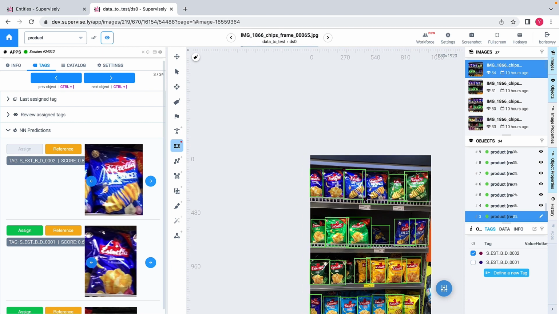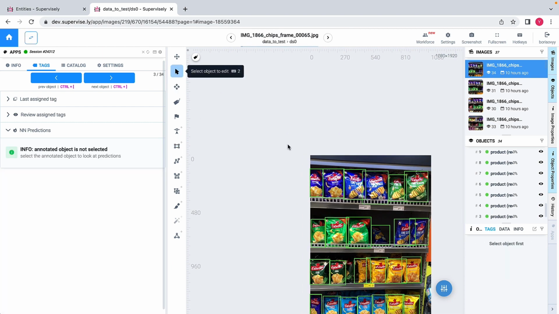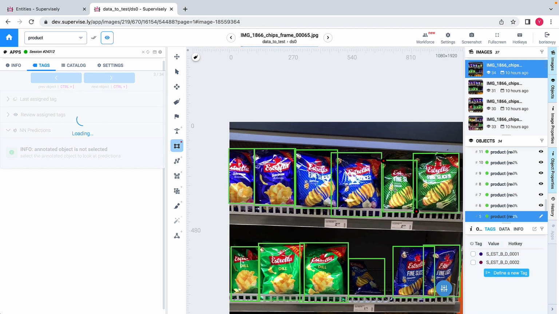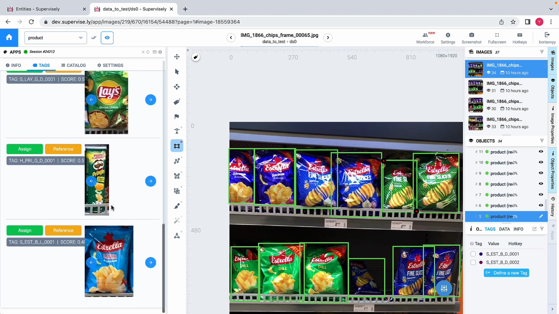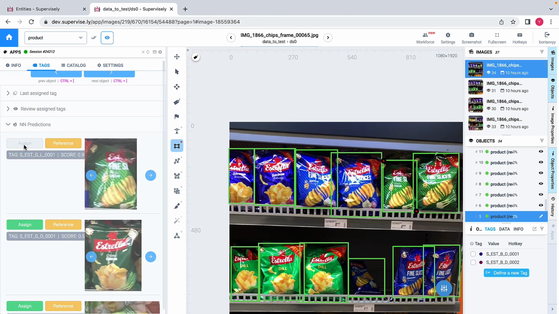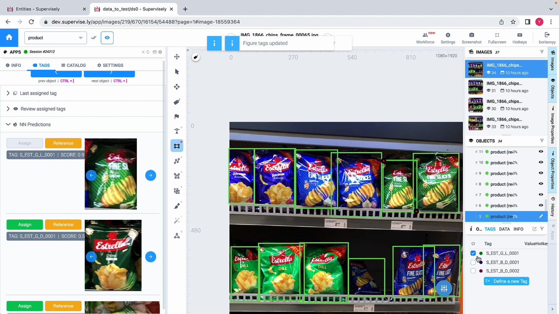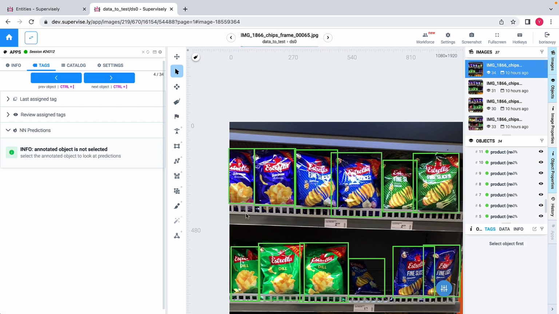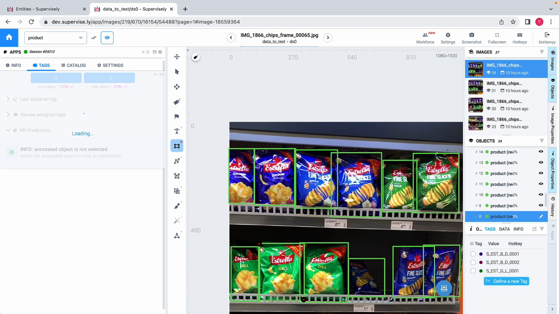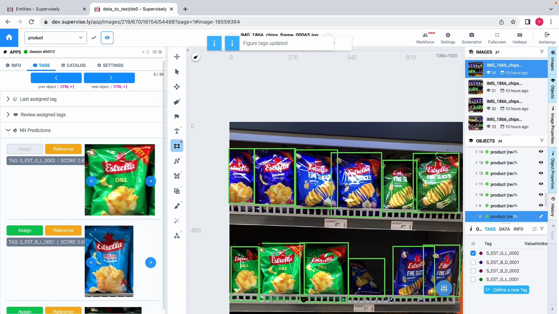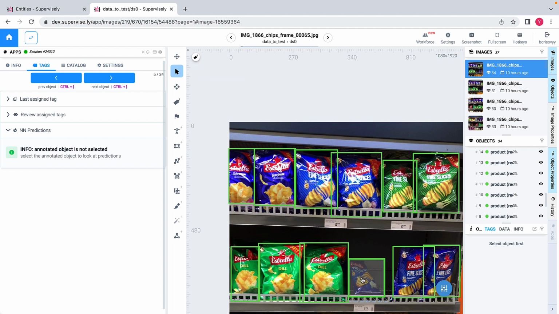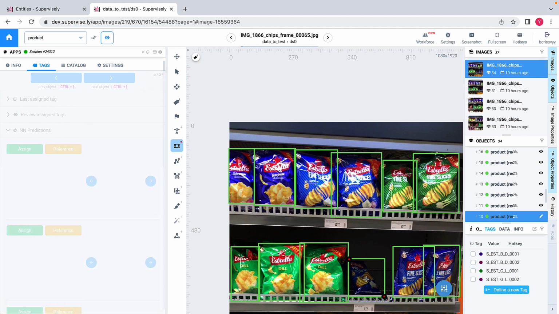And actually I may keep doing that. So let me proceed and say probably pick this product here. And again, I see top 7 recommendations, and I can just assign the proper tag here. Let me do a couple more just to showcase the dynamics. So again, you see that the very first recommendation is correct, and I can assign the tag. Maybe let's just label, say, this, which seems like a hard case. So if I click on this item,